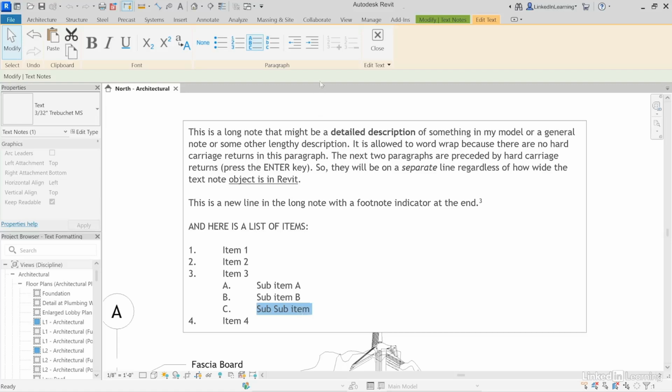I'm going to select this sub item and do it again. And now it's lowercase letters. So you do have some control over the formatting of that list there. Now, the space that it puts between the bullet and the number and the item, that actually is controlled in